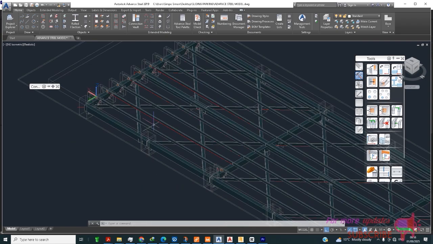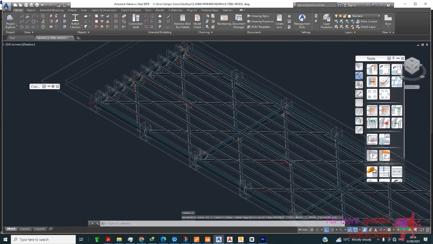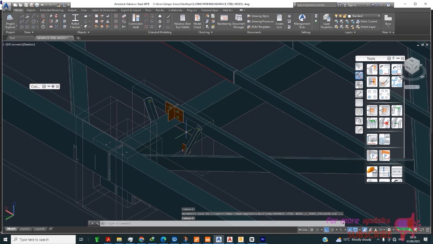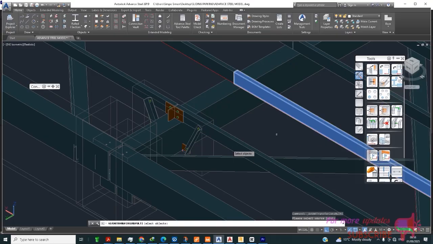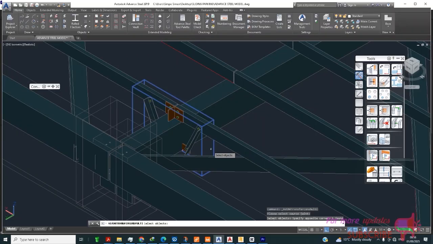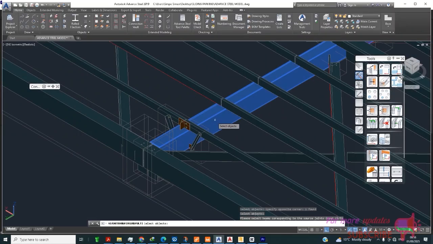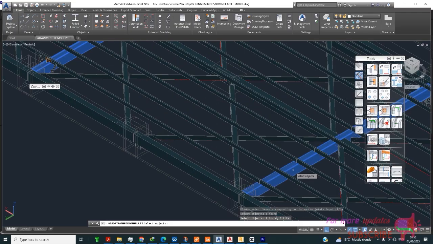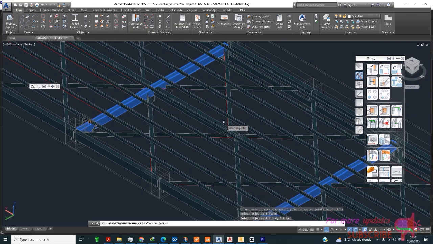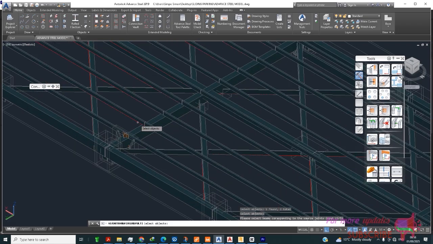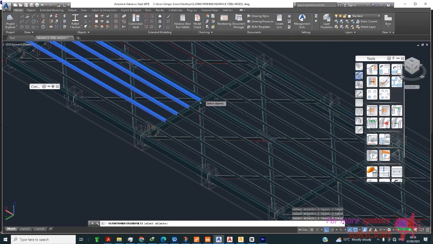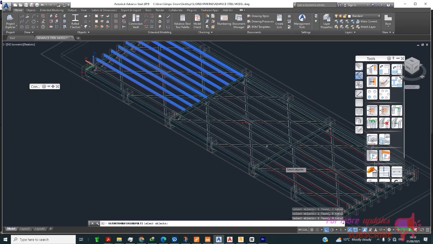Again, we can repeat the same procedure for this type of connection. Multiple, I prefer that. Pick the connection dialog box, enter, pick the beams or the roof beams, enter. I will pick the purlins on one side because that is the order. You pick the first and the second purlin. So I'll pick the first on one side and then